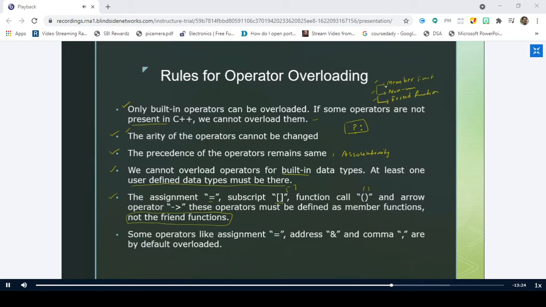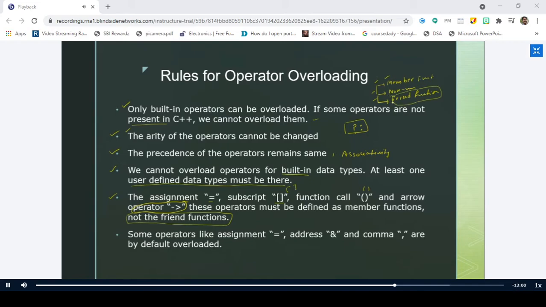We know this. And when you overload the assignment, subscript, function call and arrow operators, you have to make it with member functions only. You cannot make use of the friend.